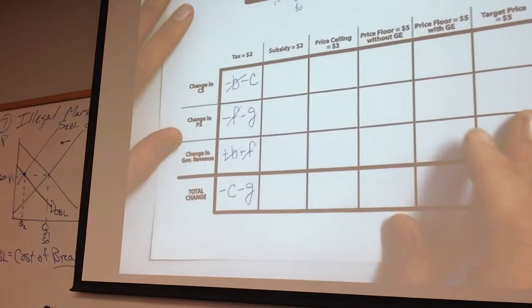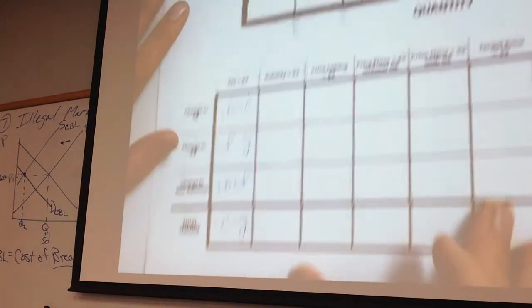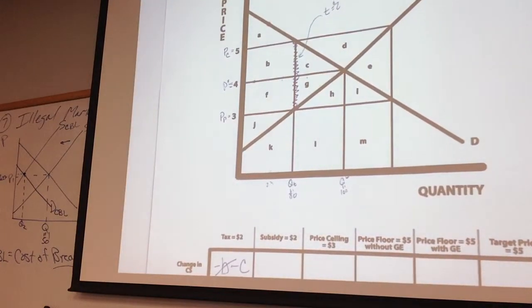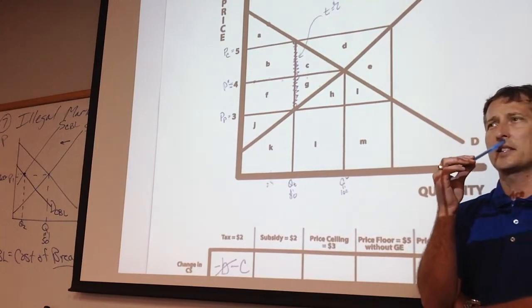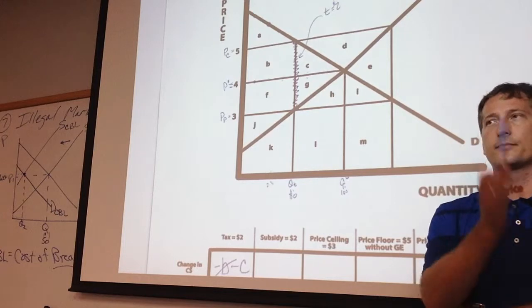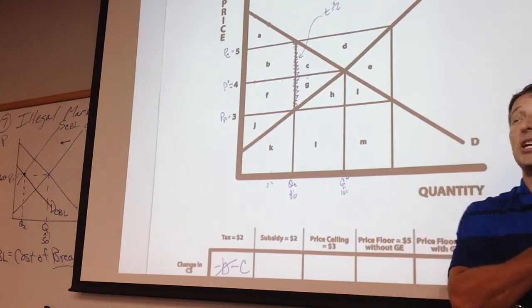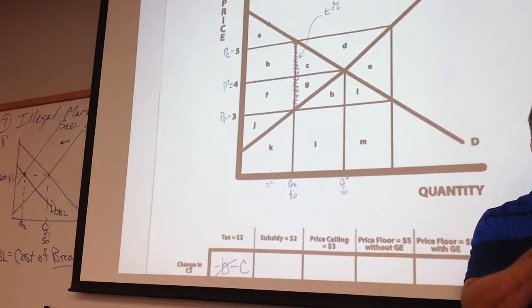Let's go to a subsidy. What if we put on a $2 subsidy? That affects F, G, and H. Okay? Let's do a little more systematically at it. So let's do it one step at a time. Fill in the box. Change in consumer surplus. G minus